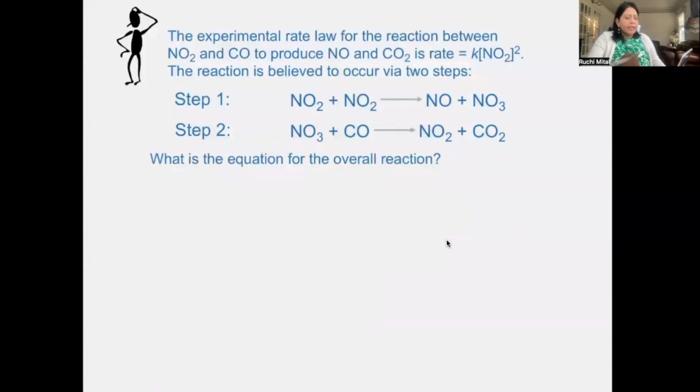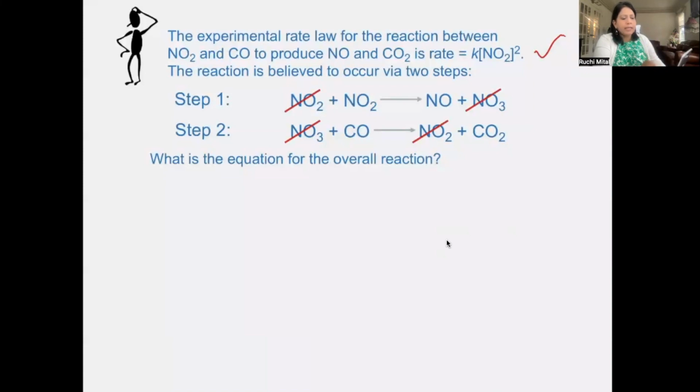All right, what is the equation for the overall reaction? So now if you're looking at this equation, the experimental rate law for the reaction between NO2 and CO to produce NO and CO2 is this. So they have given you the rate law. The reaction is believed to occur by these two steps. Okay, so now if we cancel,